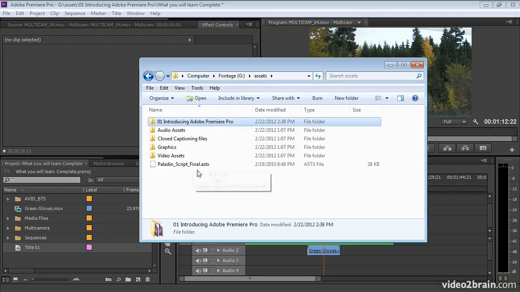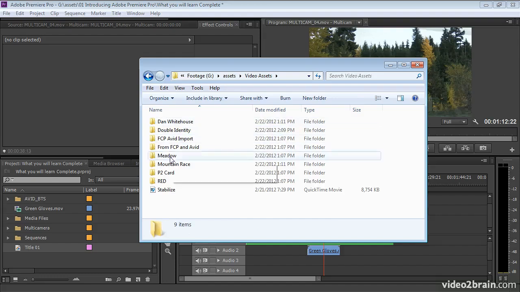Do copy all of the assets onto your local hard drive if possible from the original disk or download, because these are referred to at different times throughout the lessons and a lot of them are reused. So just take the whole lot and put it on your hard drive. Just drag and drop. Under our video assets, we've got quite a range of content here, and I'll be talking